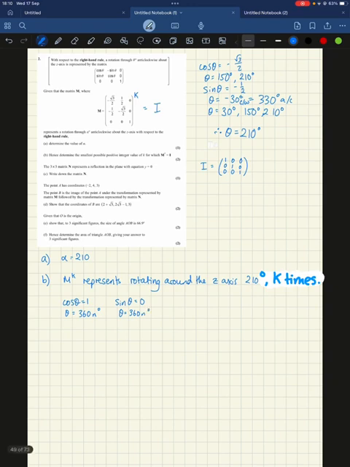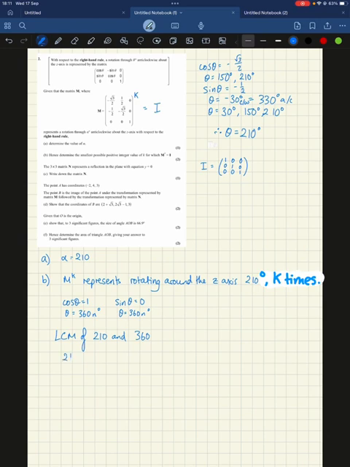So we know that this 210k has to be related to this 360. So basically what we need to find is when they're like common with each other. So this 210 and 360, we just basically have to find the lowest common multiple, because at that point k will be a whole number and it will satisfy this. So the lowest common multiple of 210 and 360,